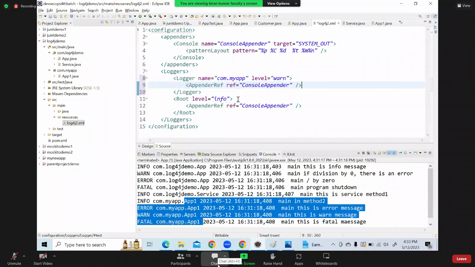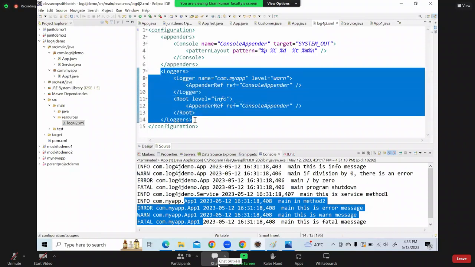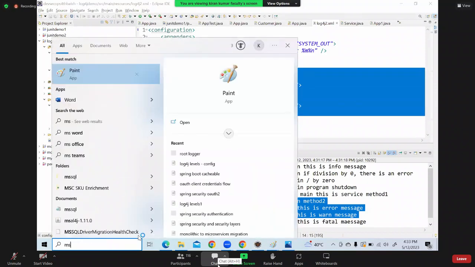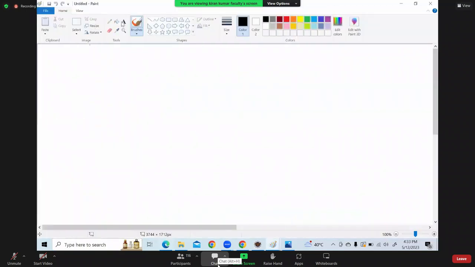Now you see what I'm doing here. Now I'm putting two loggers. One is the logger related to this package, that means any class under this package. And the root level means the other packages. Now you see here. Now what will happen is,